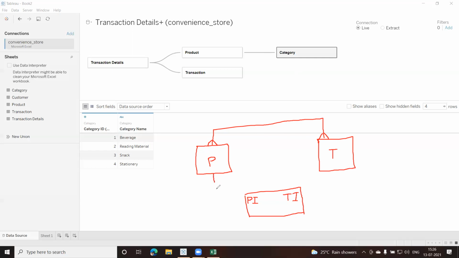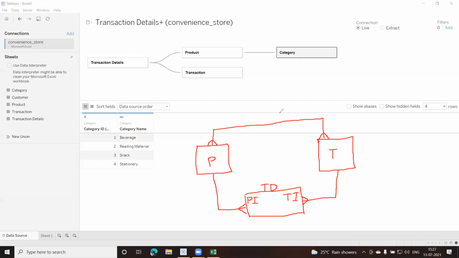So we have one product and multiple transaction details. This table is your transaction detail table, so I'll name it TD. One product, multiple transaction details; one transaction, multiple transaction details. So this is a one to many relationship between these two.